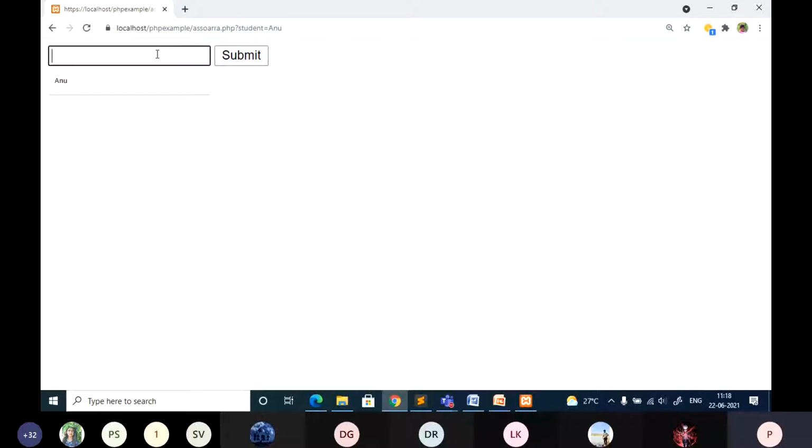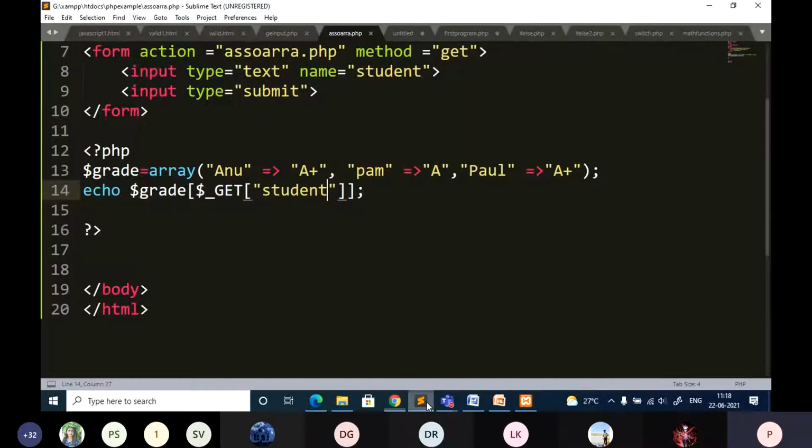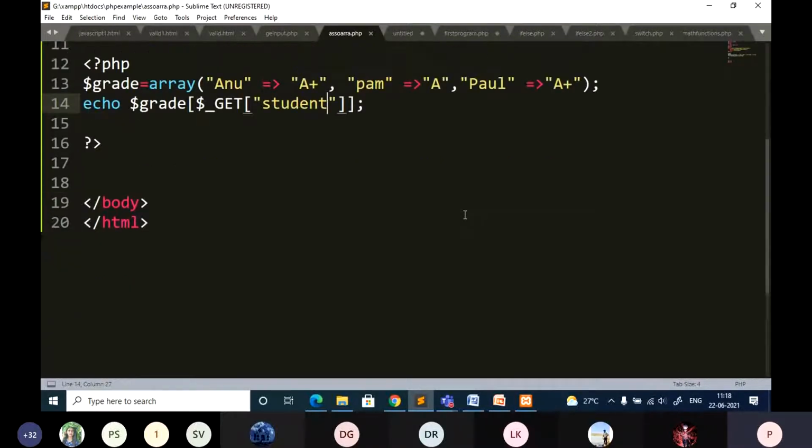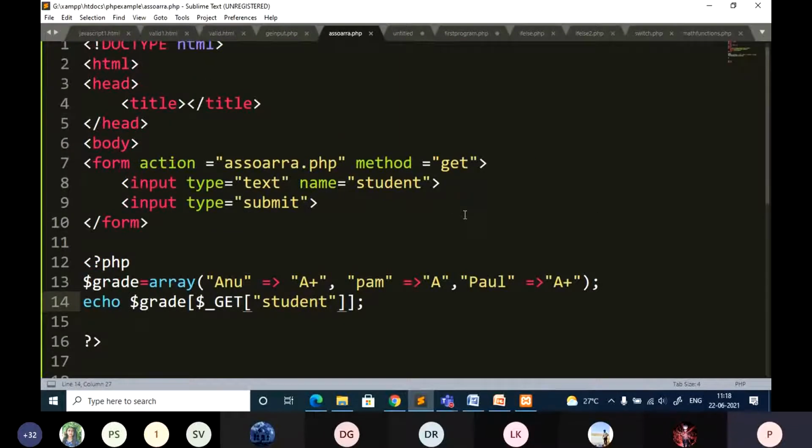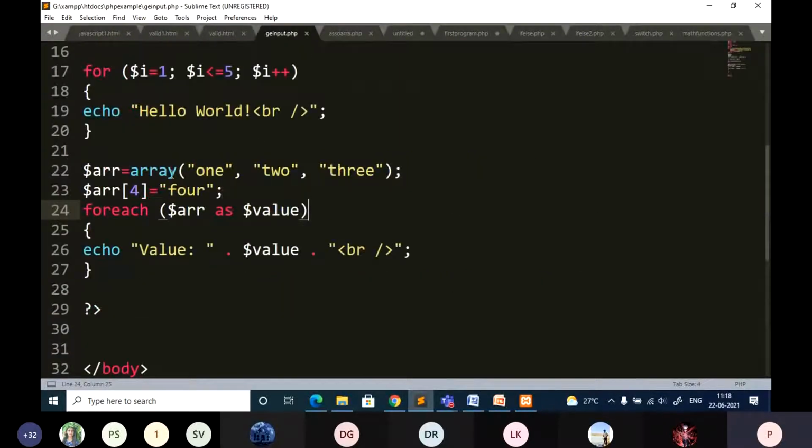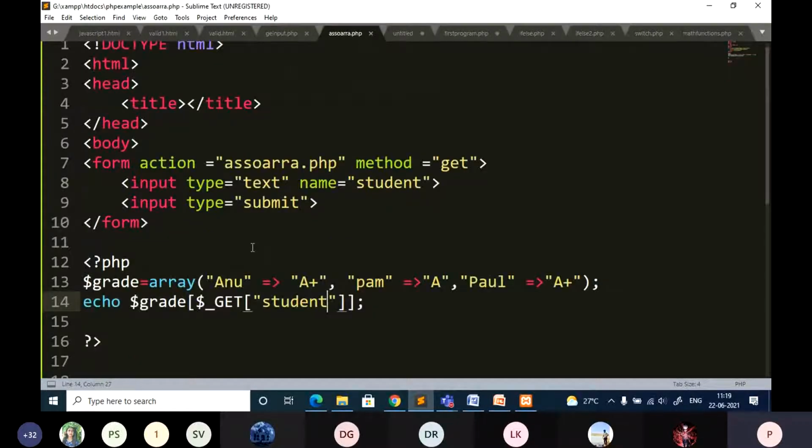I am getting it. Similarly, you can go with the other one. Okay, so that is how I can access the associative array. Whenever I give the key, I should be able to access the value associated with that particular key. So you should know how to work with the associative array using PHP. Very simple. The normal array, I think we discussed in the last class, how to create the simple array. So this is all about the arrays.